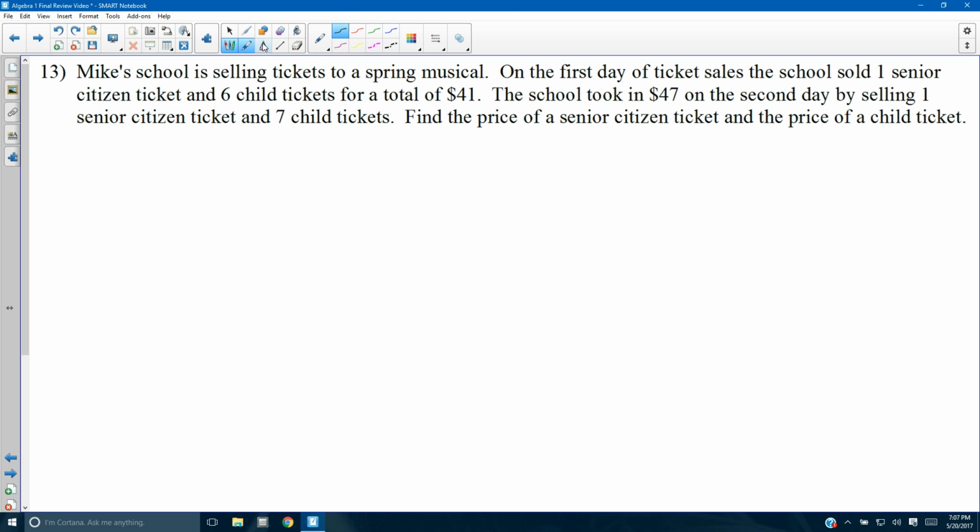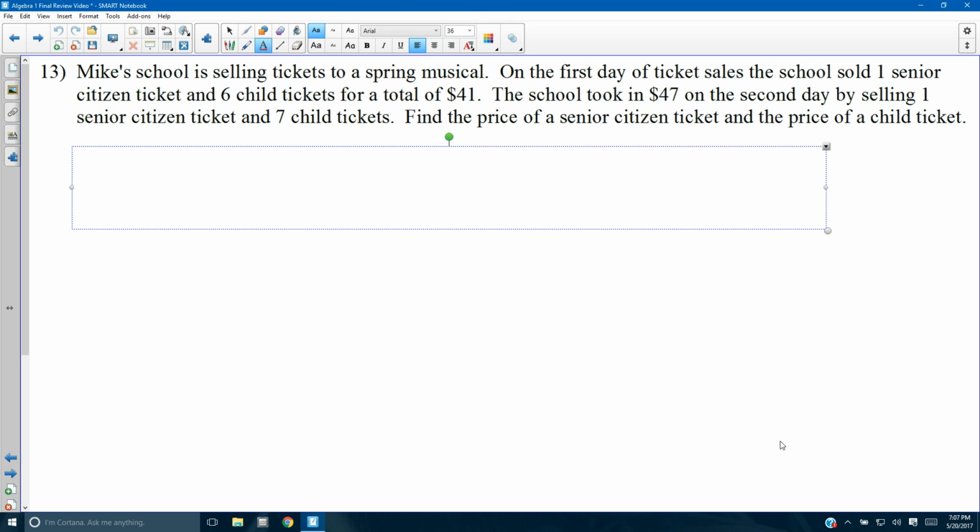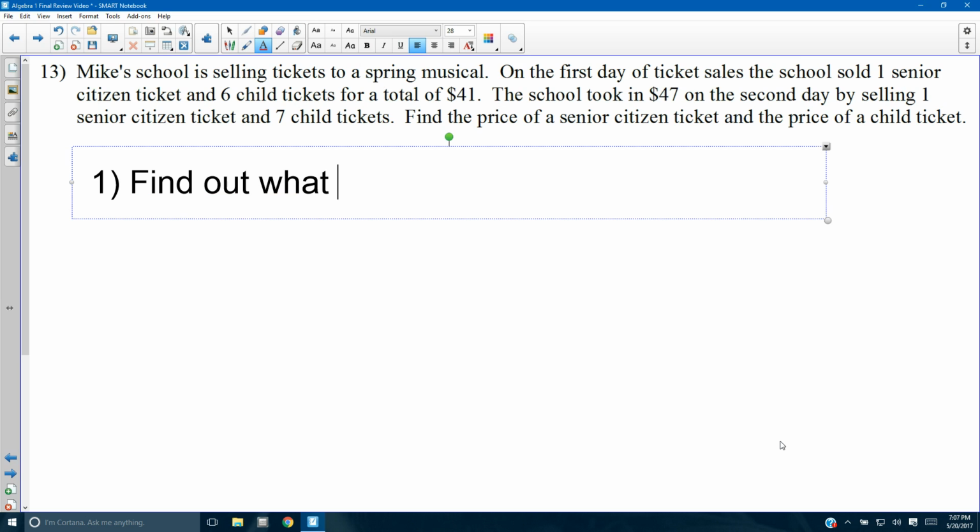Because it gets you to really understand what it is that you're doing. So the first thing that you want to do here, and I'm going to go ahead and type out some steps, the first step is to find out what question is being asked. Find out what question is being asked. Look, there's no question mark here, but find out what they want